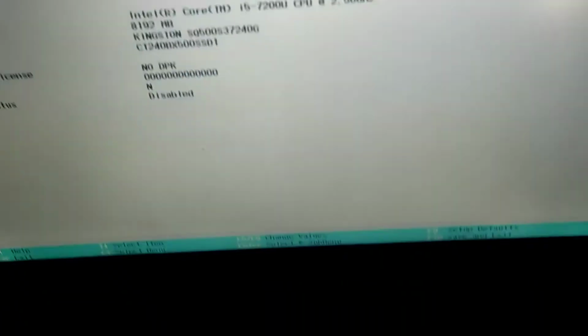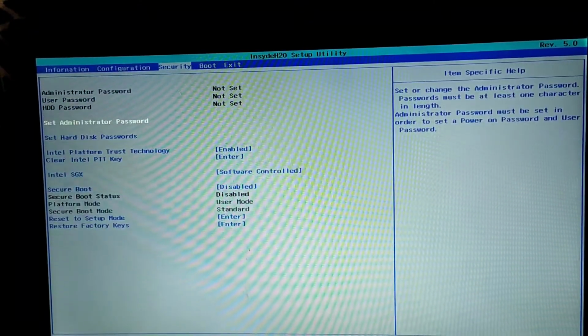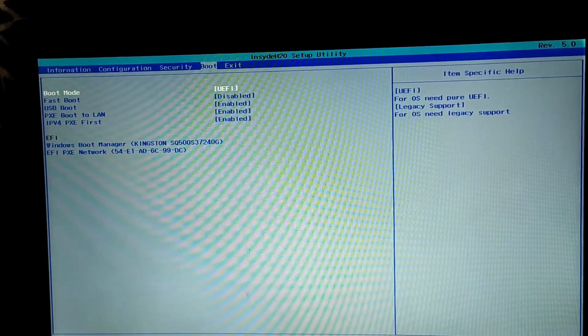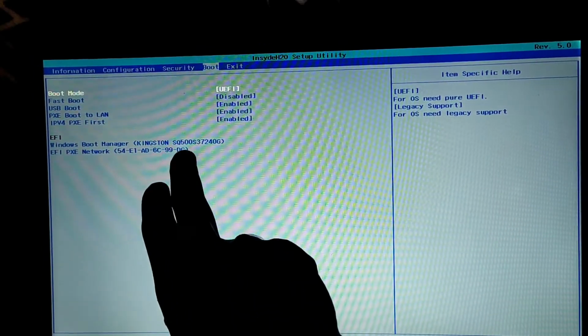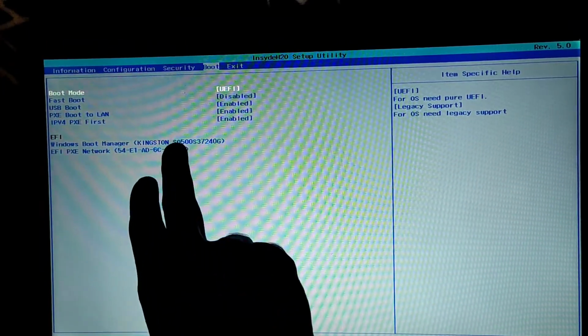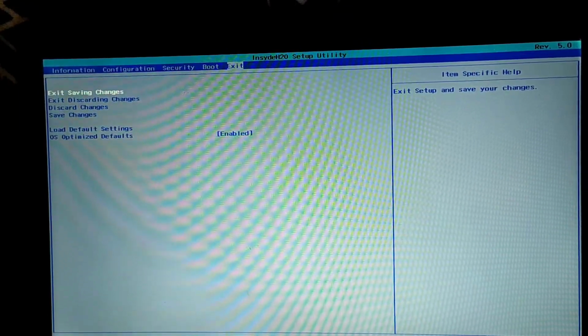So now we know that both the hard disks are installed and working properly. The boot priority is set to Kingston. Until you get the second hard disk in the boot order as well, what you have to do is, I'll show the steps. So let's exit quickly from here. Okay,